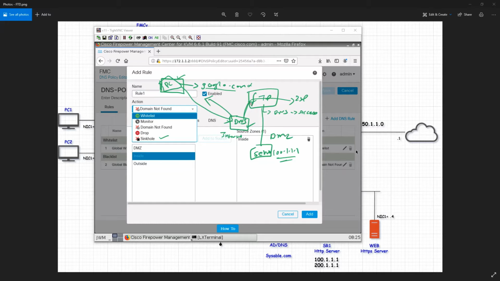Instead of sending the real address 150.1.7.1, it will reply back with 100.1.1.1, and it will send that back to your PC, and the PC is now connected to this server. Now the actual events have been generated. That means the actual culprit has been caught, who is trying to access. Now in the event you are able to see that the PC is trying to access the domain which is being blocked. So let's see how we are going to do that.